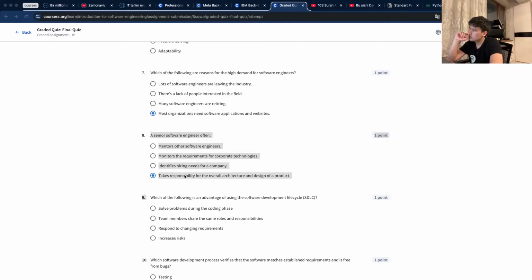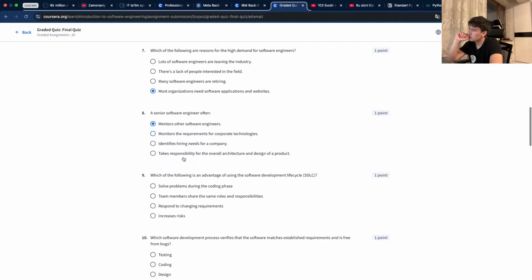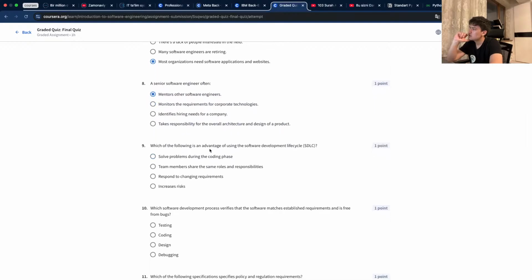takes responsibility for all architecture. Which of the following is an advantage of using software development lifecycle? The problems during the coding phase, team members share the same roles, the possibility of response, increase risks. Menimcha.